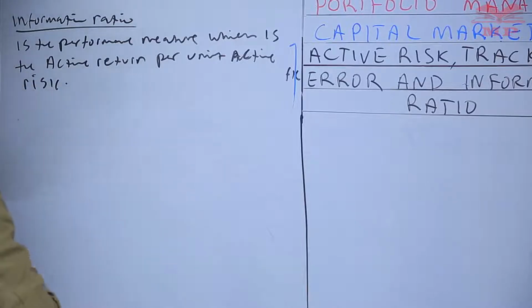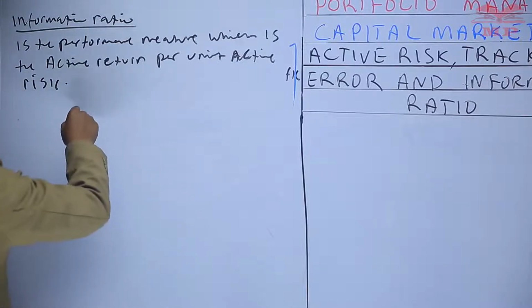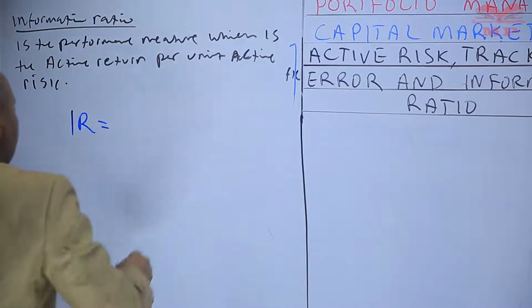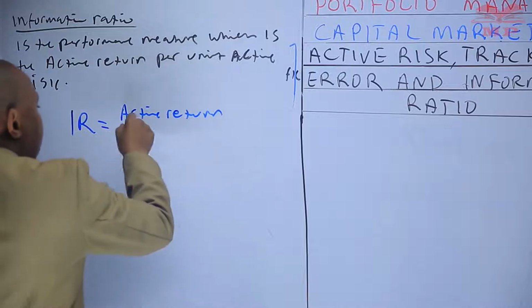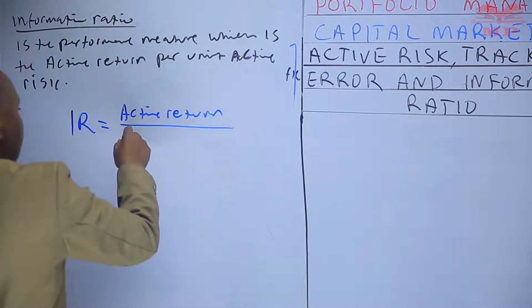And so we're saying that the information ratio is given as active return divided by active risk,